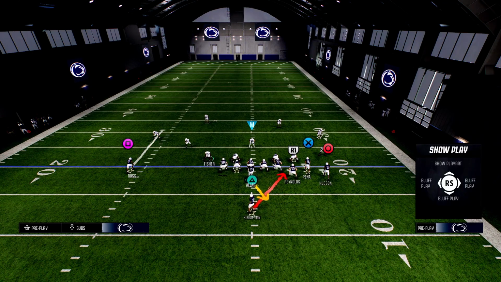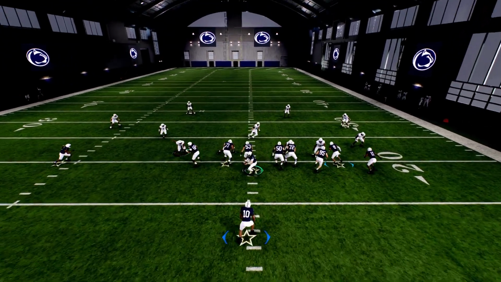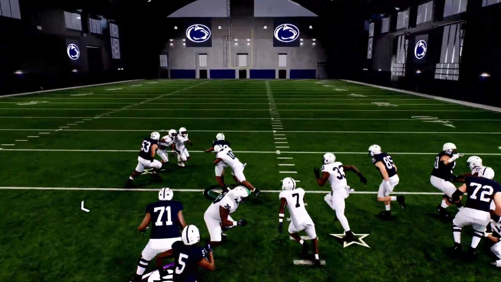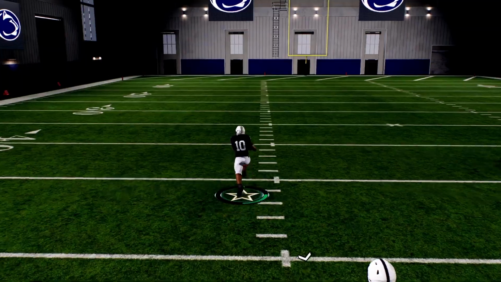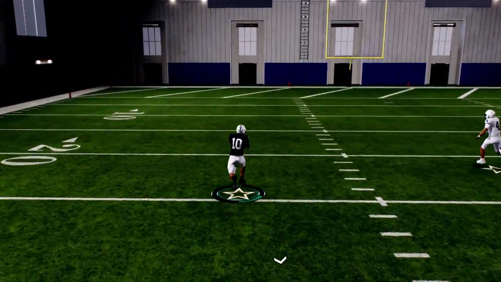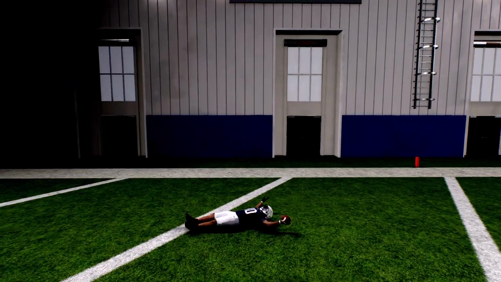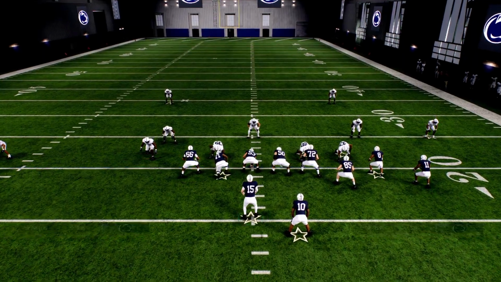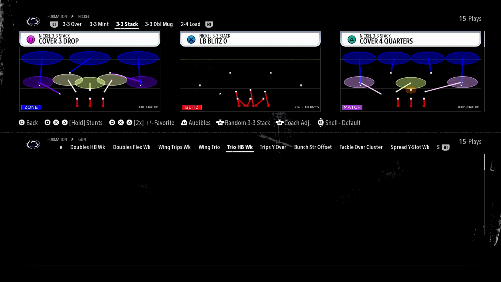So you have this little duo run right here, more of an inside zone or kind of a more inside threatening run, but this can really threaten the middle of the field. So again, you see how we can run the ball really, really well in this offense, but it also has some of the best passing in the entire game. So this offense does have some of the best passing in the entire game, and it has looked no further really than